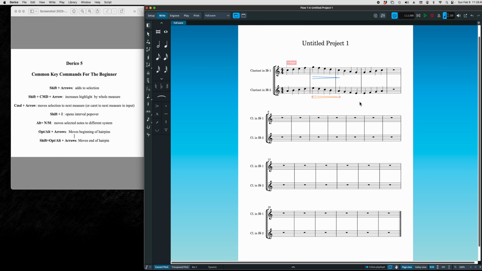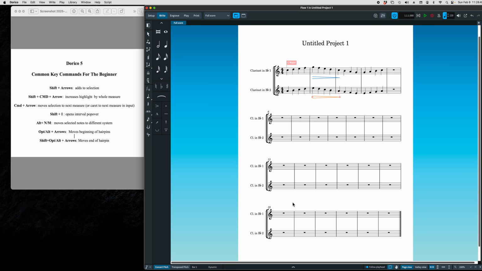And you can do this without being in note entry mode. So if we want to move the entire hairpin to the left or right, bring it earlier in the piece of music, you can see that the beginning of the hairpin can be moved by Option or Alt plus the left or right arrows. So I'm going to go ahead,